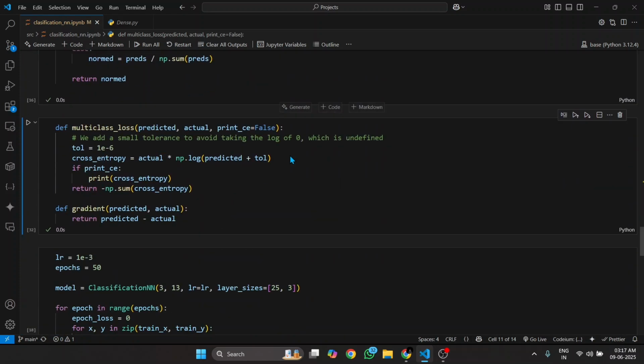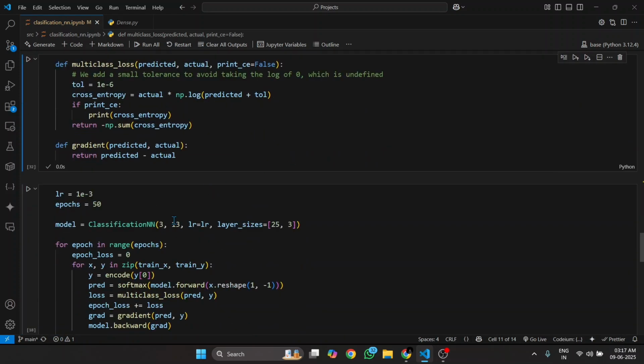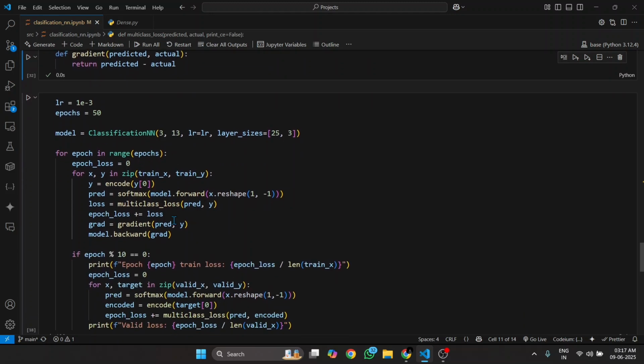So similarly, we are passing it here. The number of classes we have is 3, so the number of outputs we are passing is 3. The number of input columns we have is 13, so the input size is 13. Learning rate is our learning rate. And the layers we want are a 25 node hidden layer and a 3 node output layer. But now